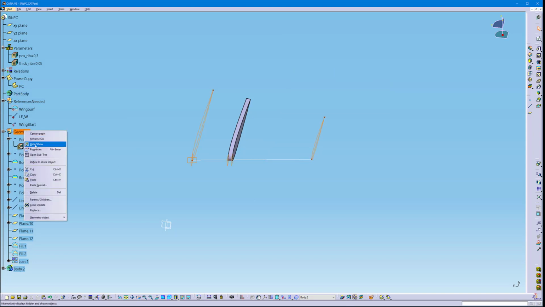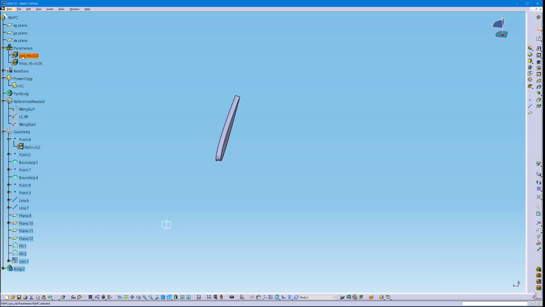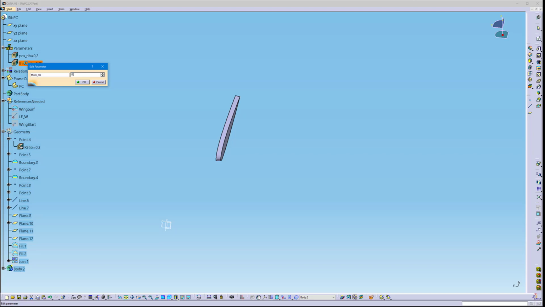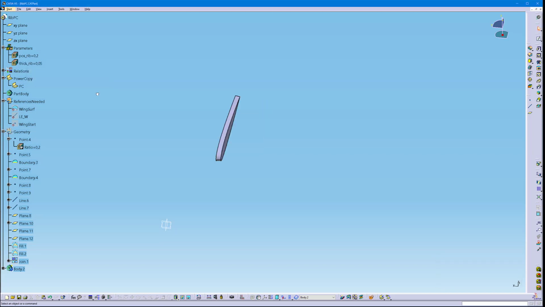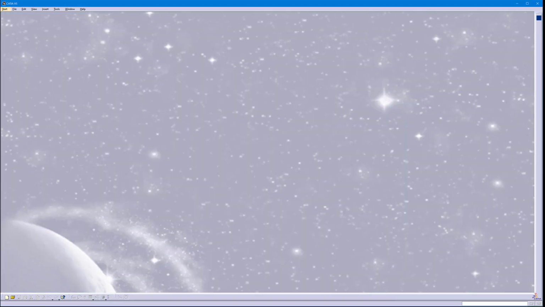I can actually hide this one, and these can be hidden as well. And now if I change the position of the rib, you can see it's modified and 0.2, and the thickness is also corresponding. So this works. I save it, and then I will open up my